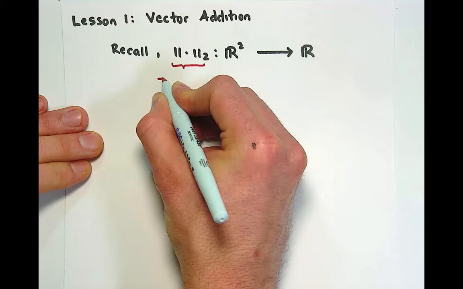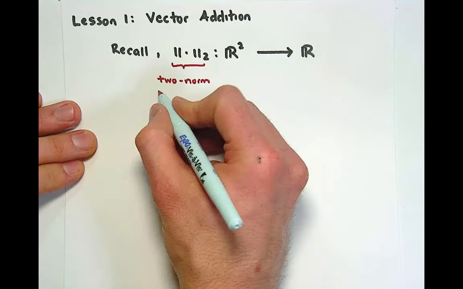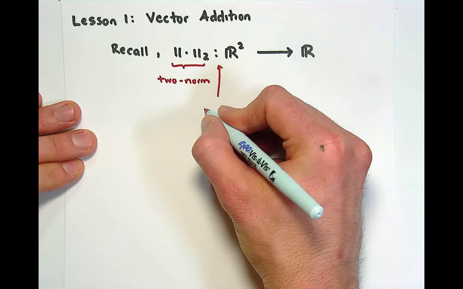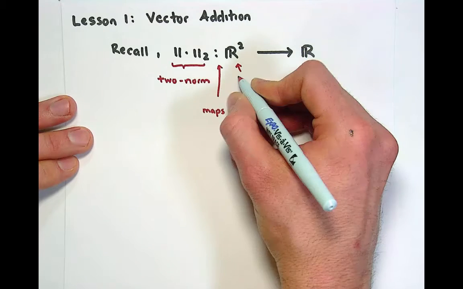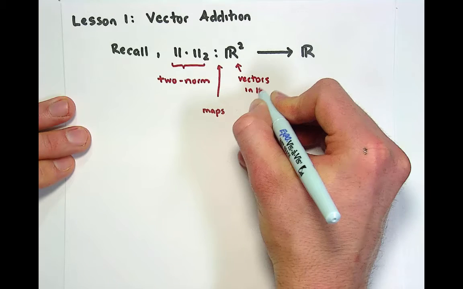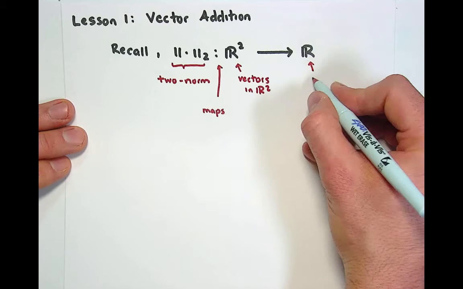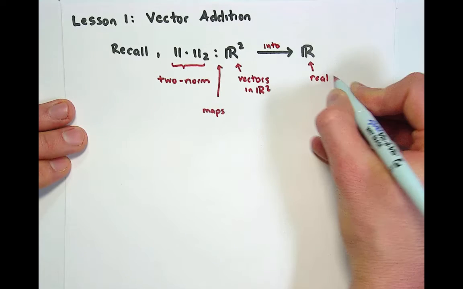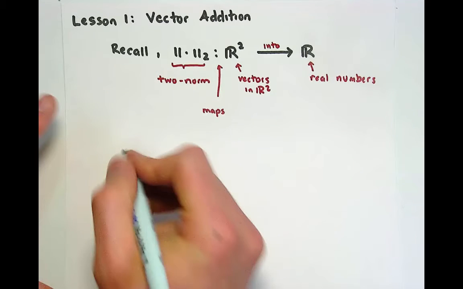the 2-norm maps vectors in R2, this is the domain, into the real numbers. The output of the 2-norm is a real number. And I wanted to recall that if we said